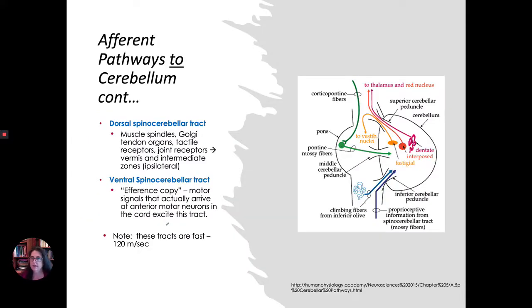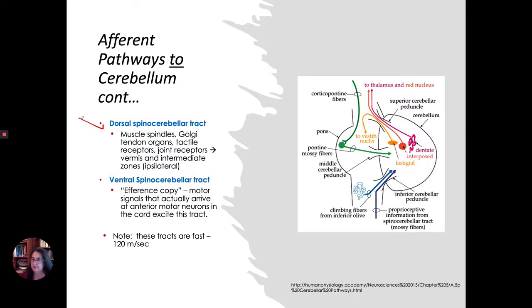A few other afferent pathways, since I didn't have enough space on the previous slide. We have our dorsal spinocerebellar tract. The dorsal spinocerebellar tract contains a lot of our peripheral mechanoreceptors, things like muscle spindles, Golgi tendon organs, various tactile receptors, receptors in our joints, and a lot of this then informs our vermis and our intermediate lobes,